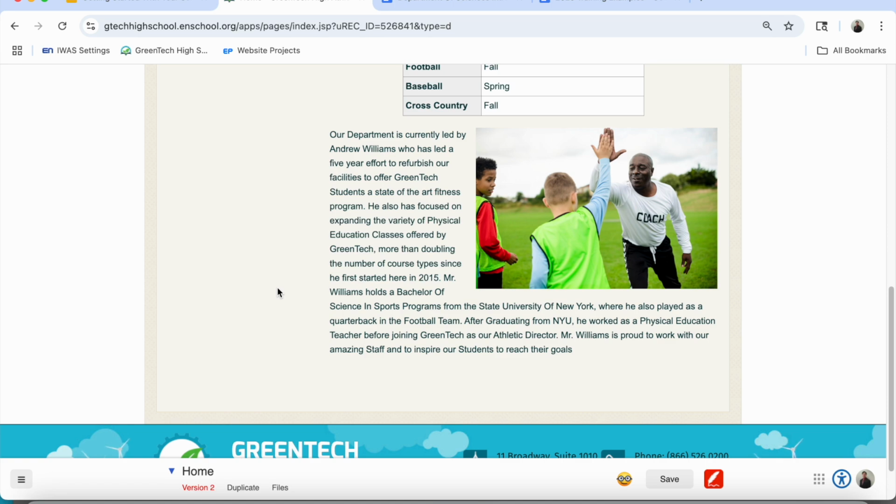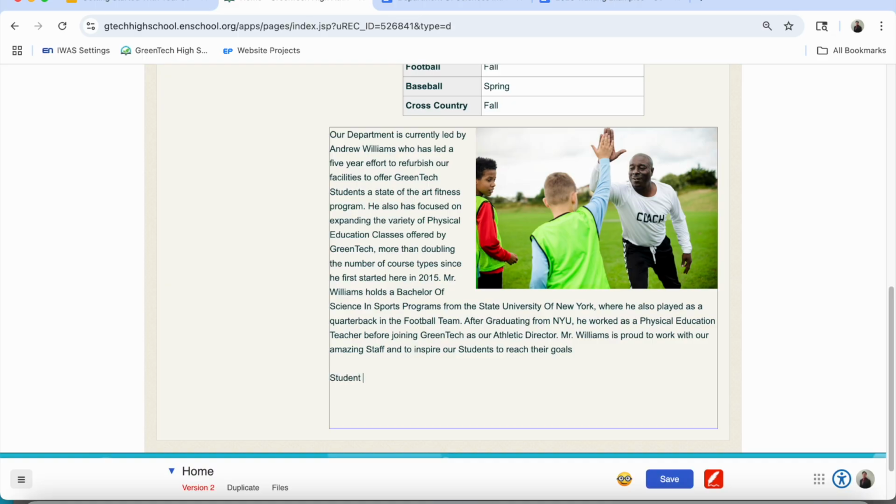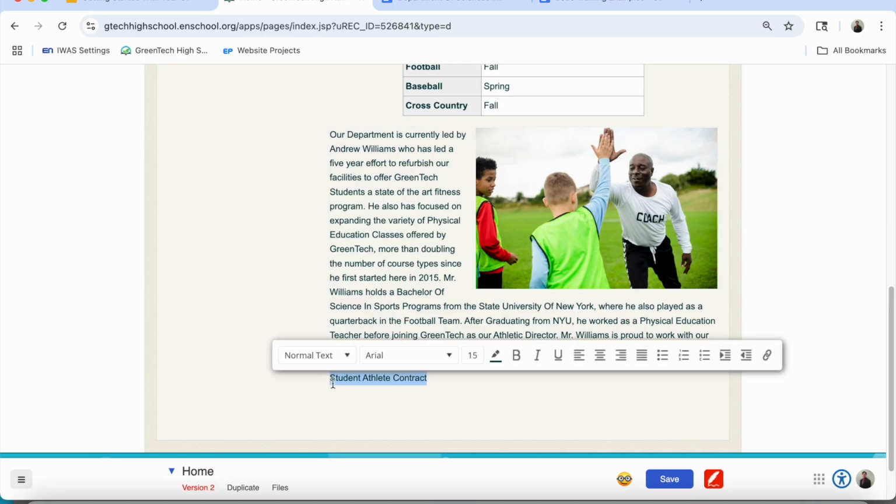Let's take a look at this a little bit further, everybody. I'm going to say here that we want to add on our student athlete contract. So this means I'm typing exactly that out. I type out student athlete contract. From here, as my next step, much like when I'm hyperlinking a website, I'm going to highlight over our text, which is going to